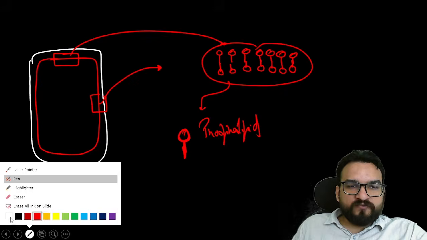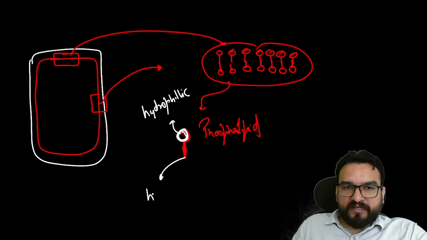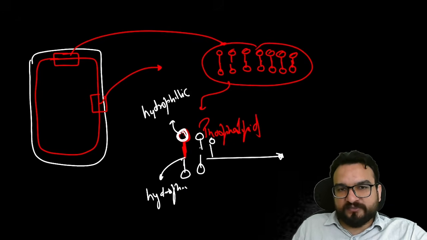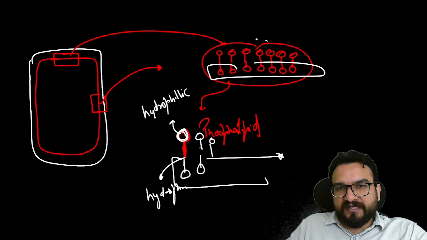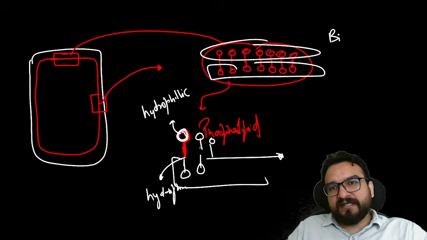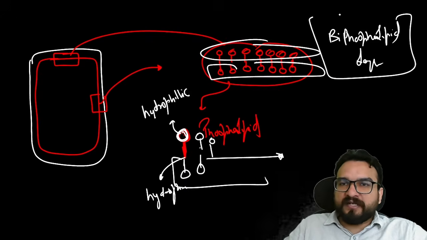In this phospholipid, you will be finding that this part is a hydrophilic part, which can attach with the water, water-loving. And over here, you will be finding the hydrophobic part. That's why it is away from the water. So like this, they are attached. Right, and this is a chain you are seeing, and this is a bilayer because one layer is this and the second layer is this. So that's why you are going to find that this is a phospholipid layer, which this plasma membrane is made up of.